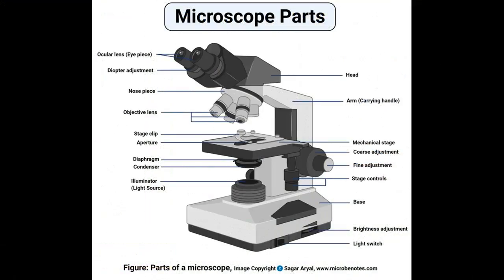So let me just repeat what I'd like you to do. I found this labeled photograph of a stereoscopic compound light microscope, and as you can see, the parts are labeled. So you can find a similar diagram, label the parts, and next to each label, you can just write an annotation that says what the function is